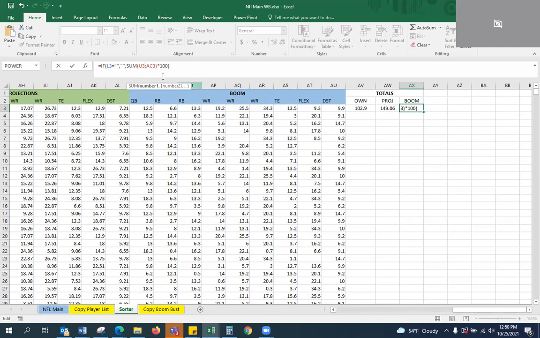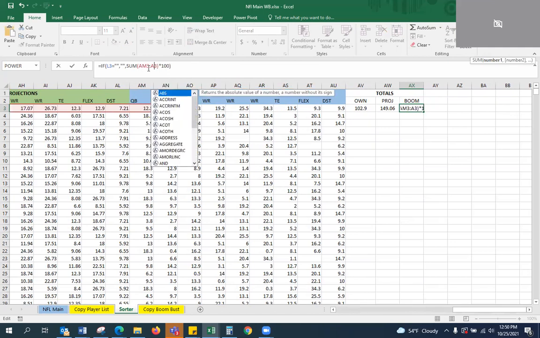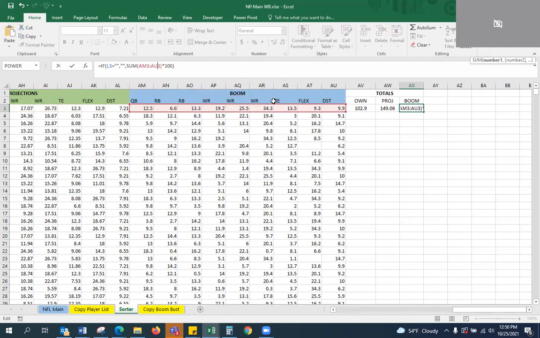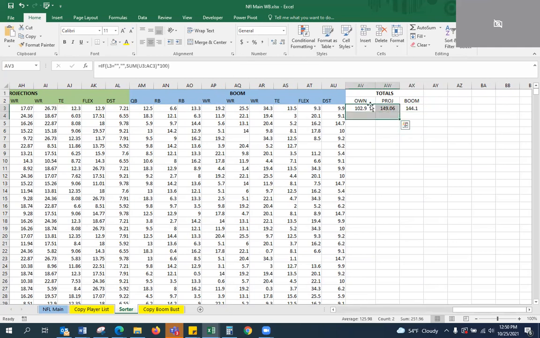I copied that formula, put it in here, and instead of U, I don't know why Excel always puts this damn thing in the way. We're gonna go AM3 to AU3 and just take this section, and we'll sum it or product it, whatever, however you want to do it. Okay, so sum it. I did not mean to leave this in there. Okay, so now we've got 3 numbers that are very similar in feel, right? And we've got some values. We can take these and